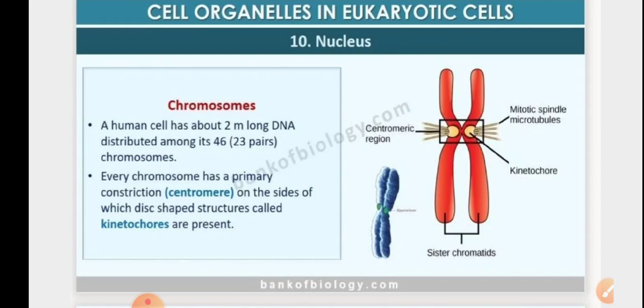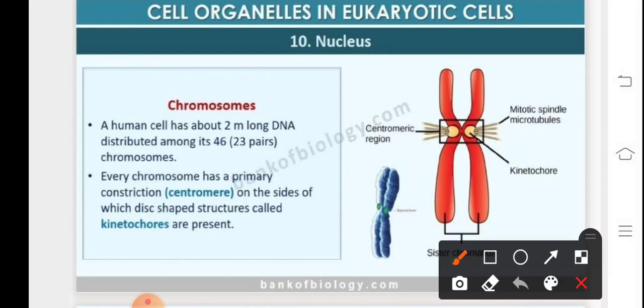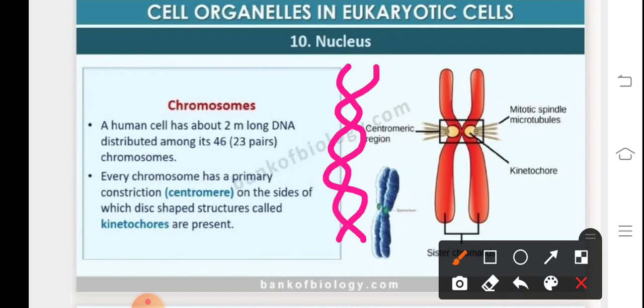Human beings, that is Homo sapiens, have DNA which is 2.2 meters long. It's a double helical structure which is anti-parallel in nature. The DNA is a double helical structure that was proposed basically by Watson and Crick, and it is anti-parallel. The human cell has 23 pairs of chromosomes. 22 are autosomes and one is a sex chromosome, also referred to as allosome.